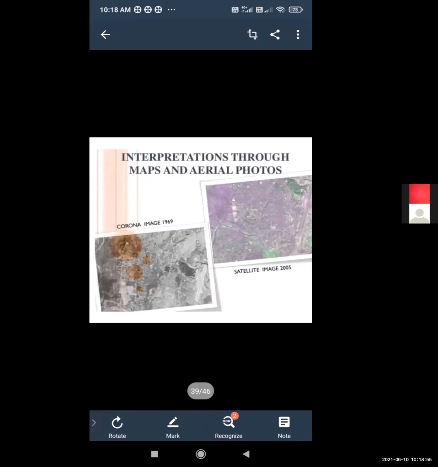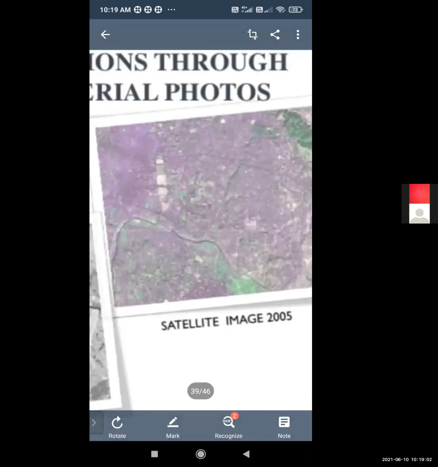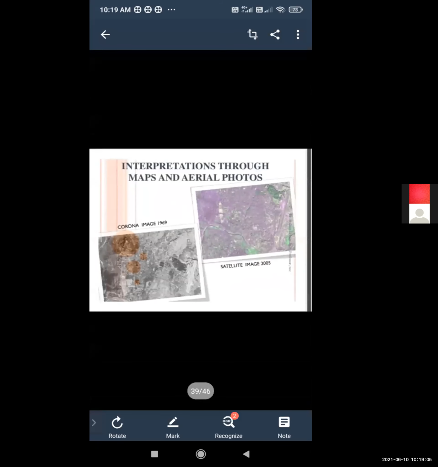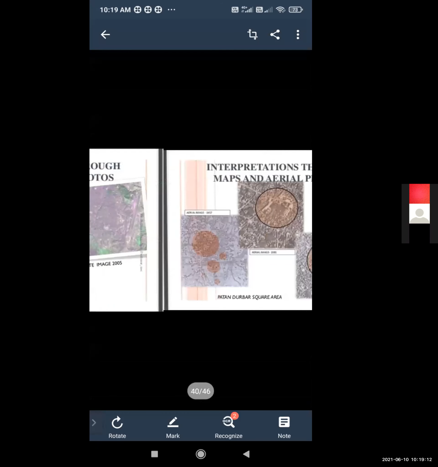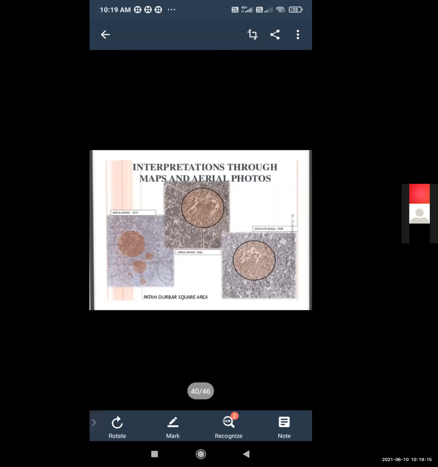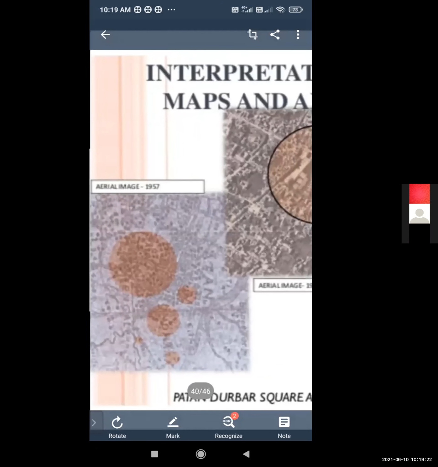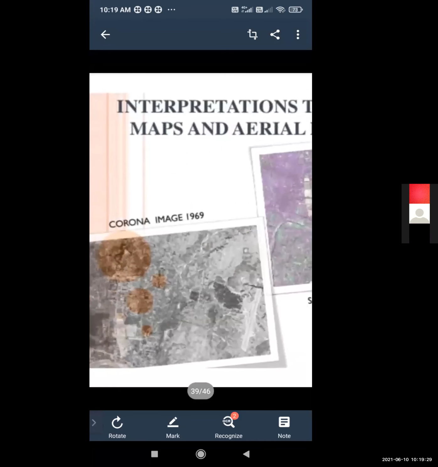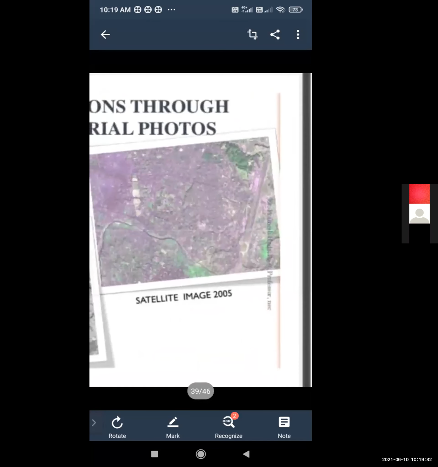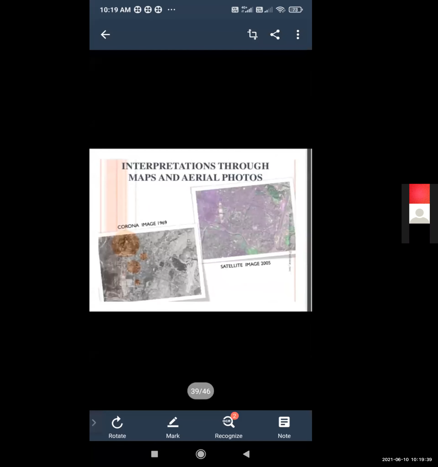So this is the image created by the RC camera. Ma'am, it is written Corona image. That is the 69 image, it is just interpreted here, do not pay attention to it. This is just the type of image we get from the RC camera; see, in every year there is a little improvement. The 69 image was found of this type from the RC camera. In the 2005 satellite image, that is the difference: the satellite image is very clear. So this is the difference between the 69 image and the 2005 image.